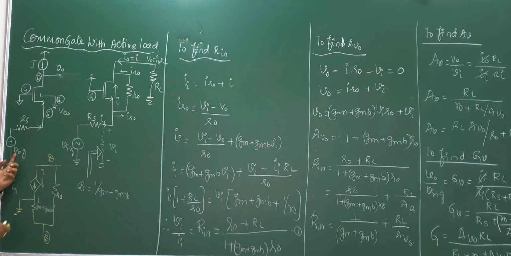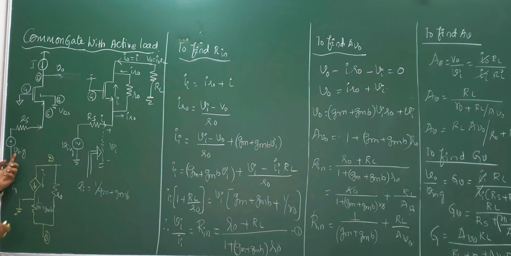When you consider r0, this point is the output and this point is the input, and the circuit starts behaving like a bilateral circuit. So with this consideration of r0, we will now derive the first parameter called the input impedance denoted by Rin. So in order to derive, let me consider this as the input impedance, an imaginary arrow. This is an imaginary input impedance which you can observe because the gate is grounded. When you look from this side, when I put a dotted line and observe, this is Rin.